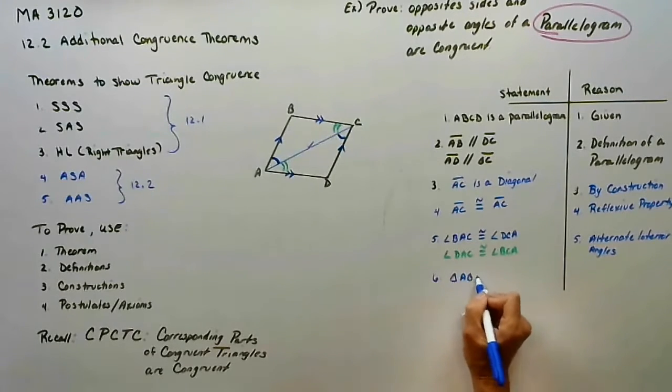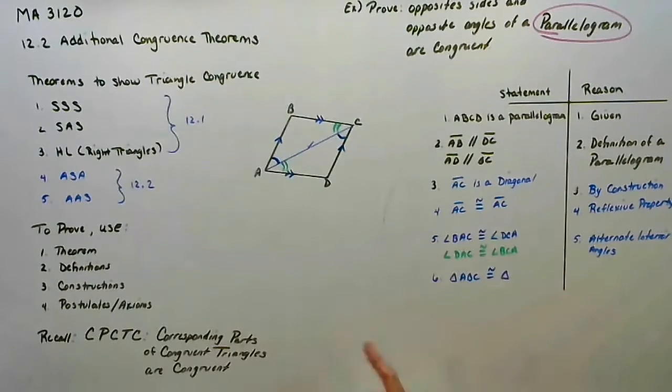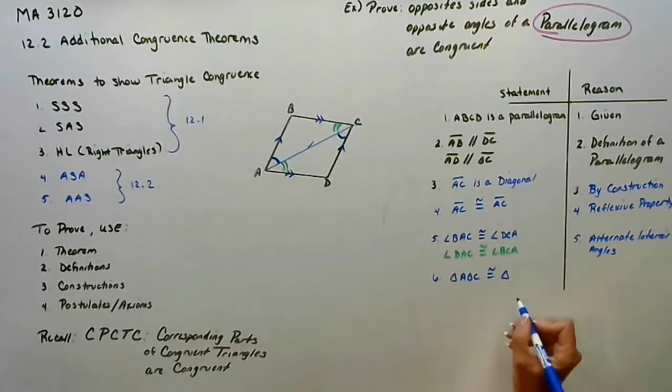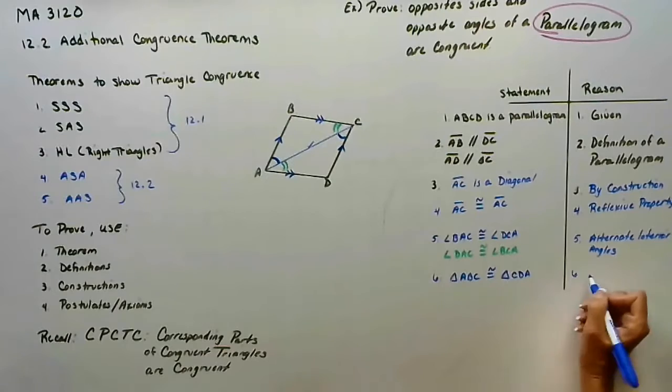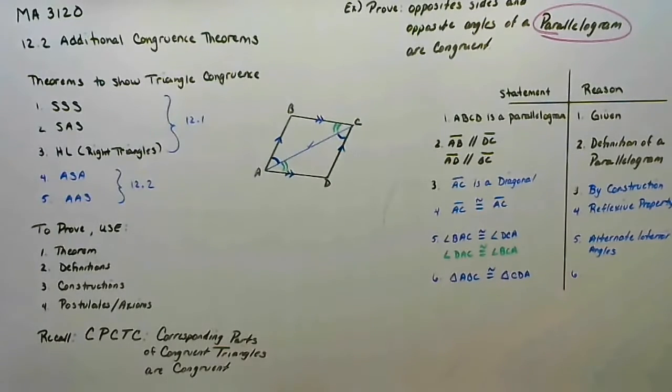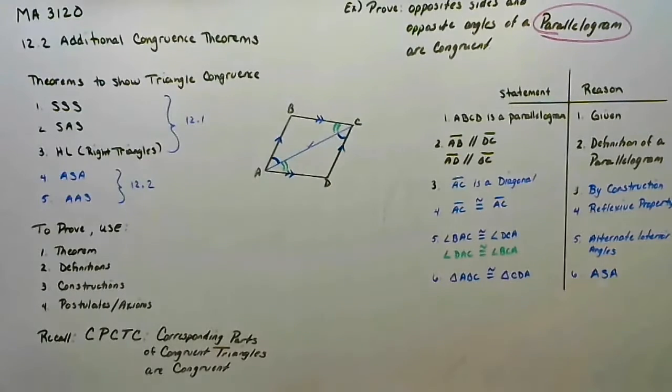Triangle ABC, so go in the same order. A to B to C would have to be C, D, A. And this works by angle, side, angle. So why do we do that? Well, because now that I know the triangles are congruent, all their corresponding parts have to be